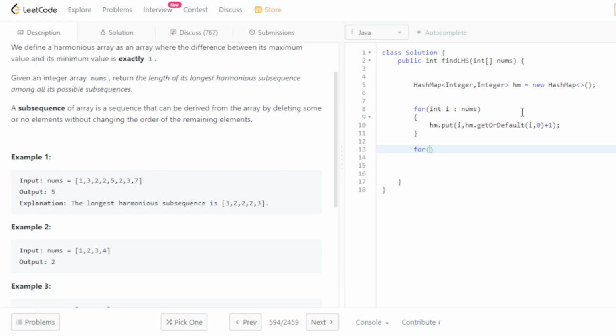Now I just traverse the array again. Then if HM dot containsKey I and also HM dot containsKey I plus 1, then